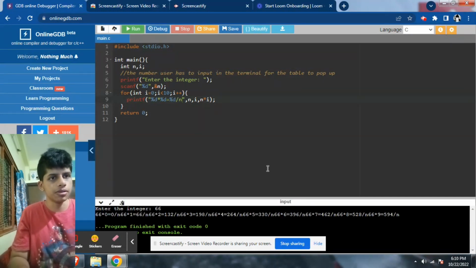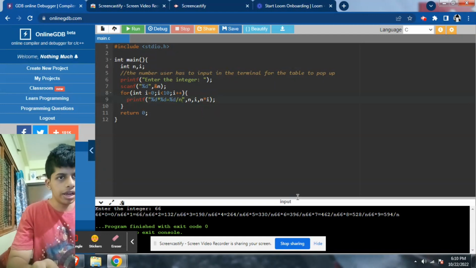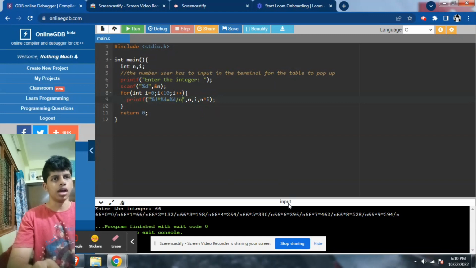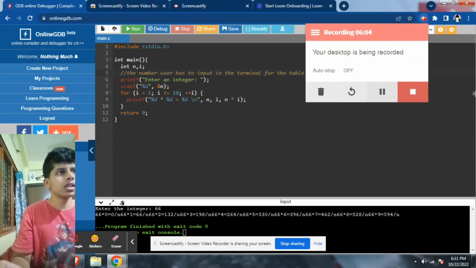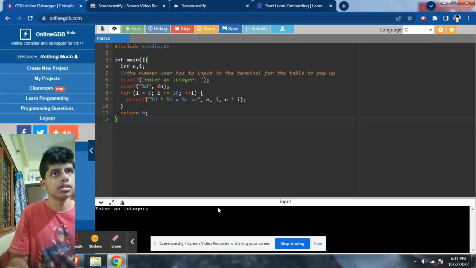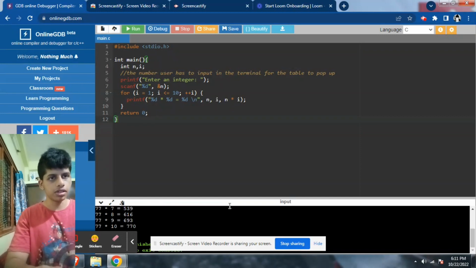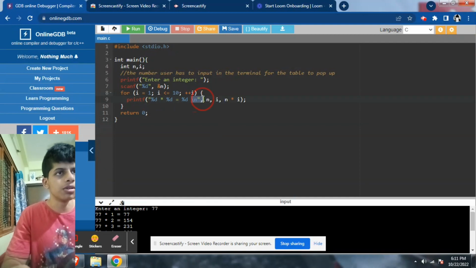Let me just see. 636, and boom, it's not working. I have no idea what's going on. Hold on. Okay, so now it should be working fine, I guess. I just need to edit over here. Let's do this. 77. There you go. It's working fine right now. I don't know what happened. Now maybe